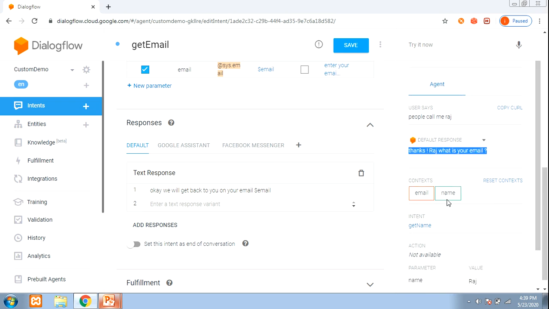The green color context means it is already used, but right now I'm asking for email ID, so email ID is shown in orange color. So I'm using my email ID like my email ID is Imran Latur 33@gmail.com.